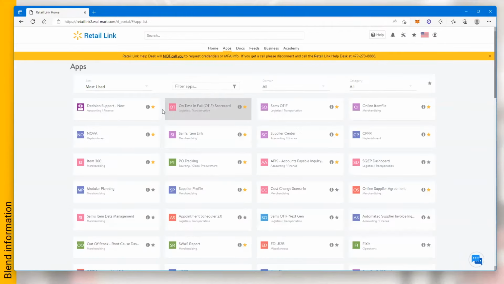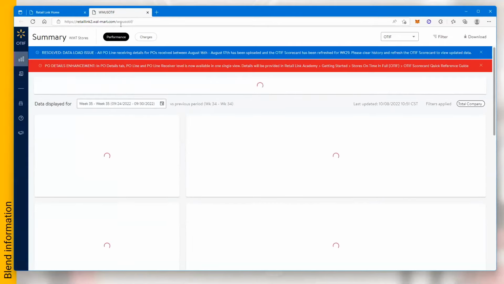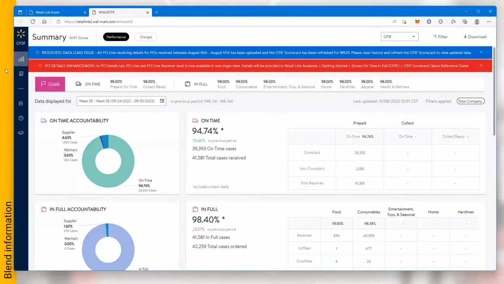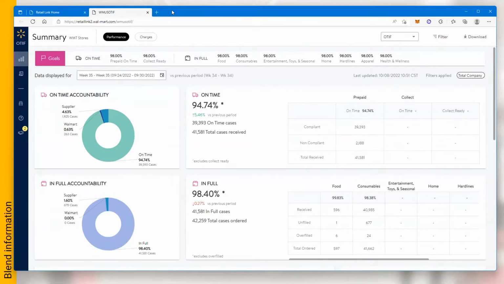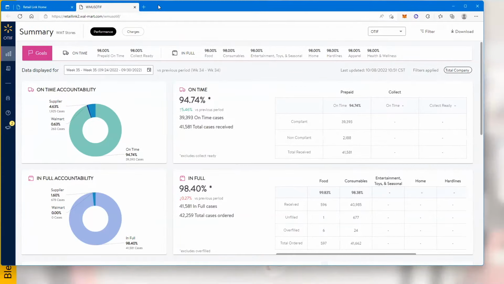Our apps page. We want on time, in full scorecard. Got some alerts. Looks like data loading. So this is a page that you definitely should frequent. This is